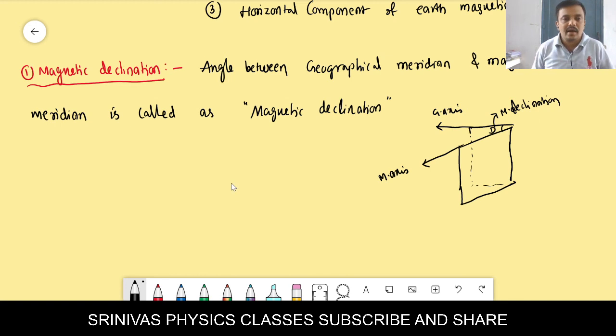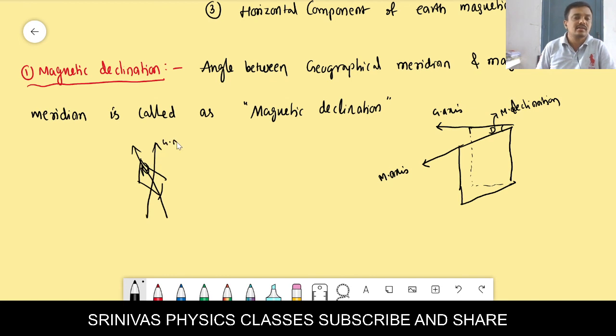Or otherwise we can also say that the angle between the direction shown by the north of the compass pointer and the actual geographical north is said to be the magnetic declination, because if you suspend any magnet,